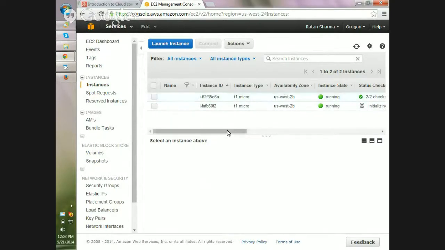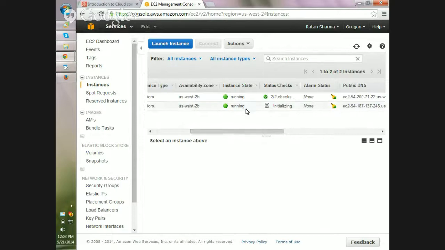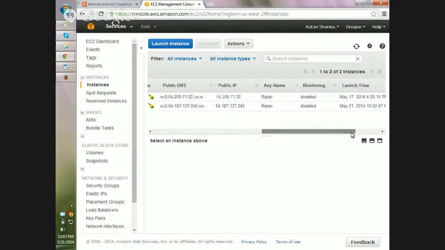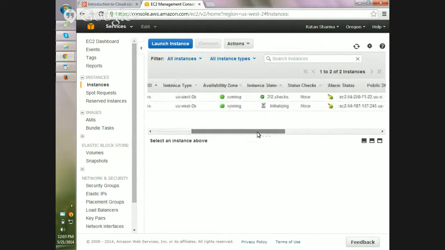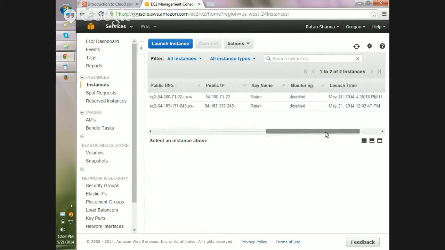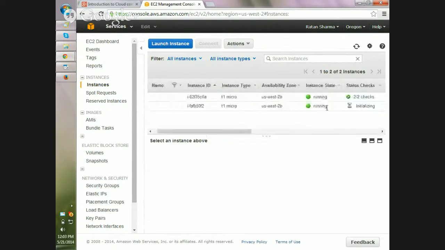This one I have been running, and this one is initializing, creating the new instance for us. Once the status is fine, we can start on this one.